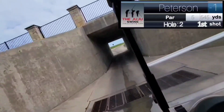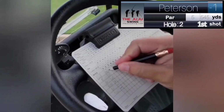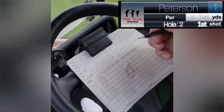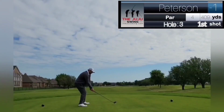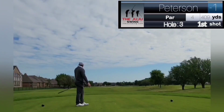This next hole, short-ish par 4. I kind of buttered this because I wasn't sure how far the bunker was out here, and I guess I could have hit it a little bit harder because this ball actually got past the bunker anyways. So this ball went about 310, left me about 100 yards to the hole, and I hit lob wedge and